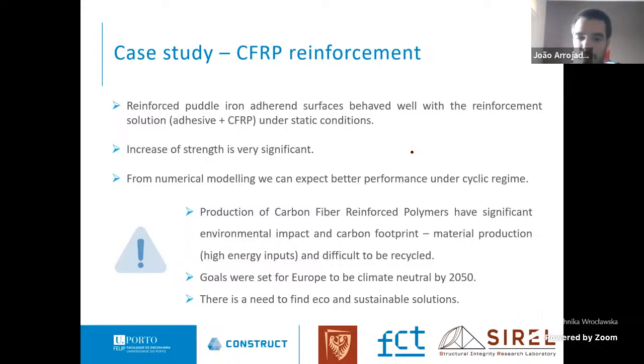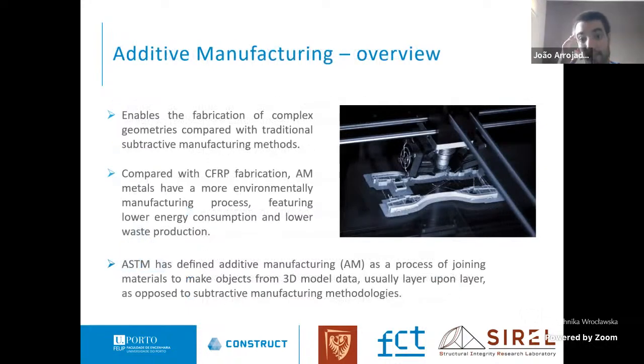The goals were set for Europe to be climate neutral by 2050. So there is a need to find eco and sustainable solutions. And here appears additive manufacturing, which is a process that enables the fabrication of complex geometries compared with traditional subtractive manufacturing methods. Compared with the CFRP fabrication, AM metals have a more environmental manufacturing process, featuring lower energy consumption